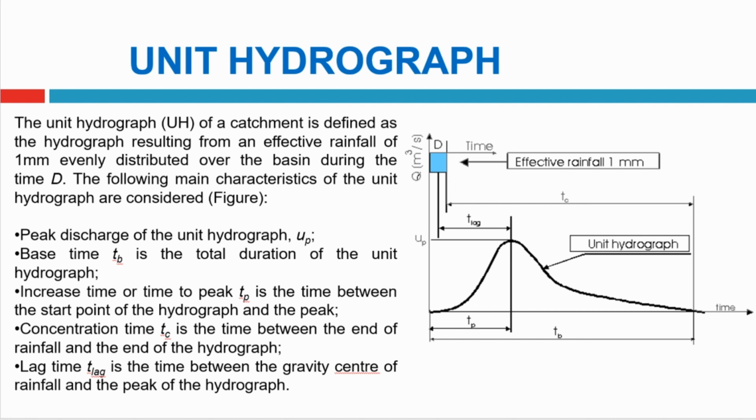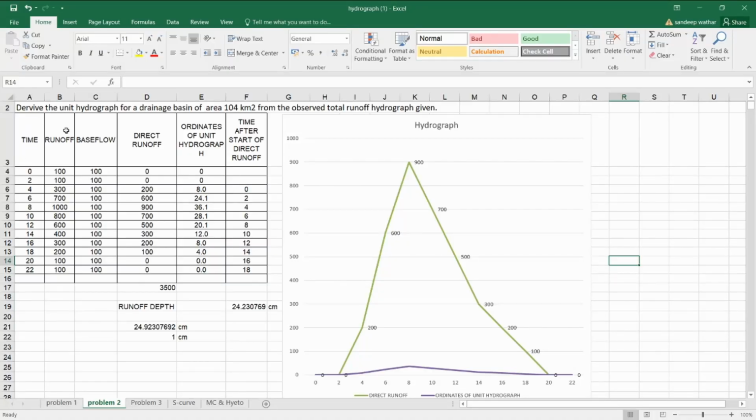But basically this unit hydrograph is derived. It is derived from the storm hydrograph itself. So I'll explain how this hydrograph is derived. Now what we'll do is we'll go again to the same problem, where I had explained what a hydrograph is, what base flow is, and how we separate the base flow. The result of separating the hydrograph from the base flow is direct runoff. Direct runoff is represented by the water flowing on the top surface and the subsurface flow. This is what we had discussed previously.